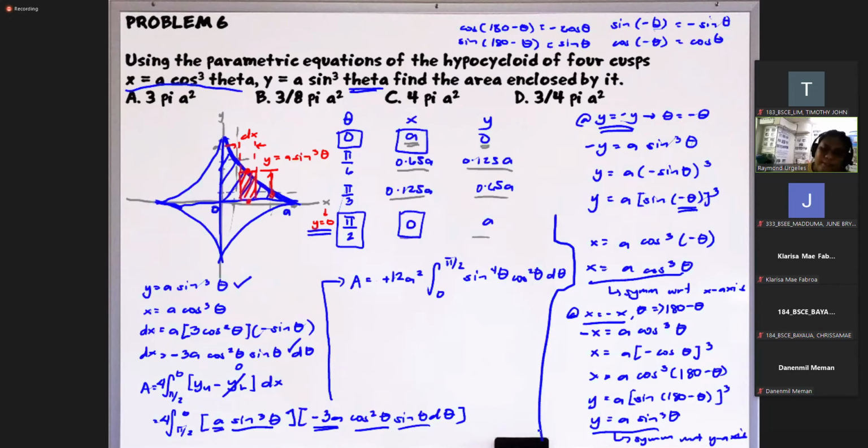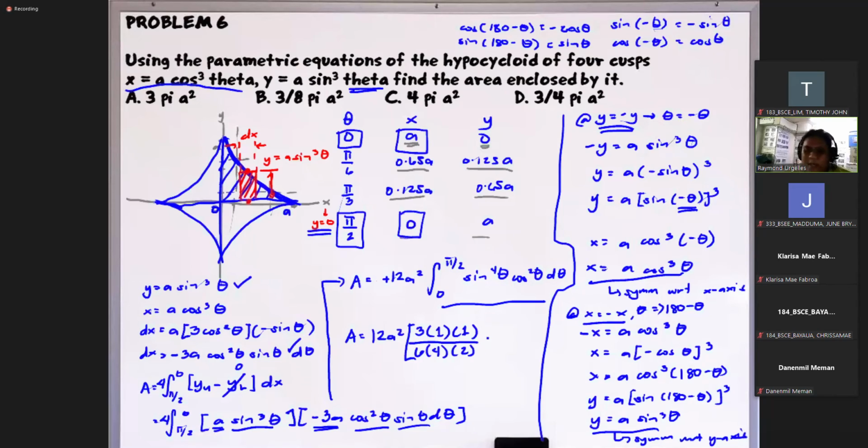Okay? Notice? So as you can see, Wallis rule, Wallis formula is applicable here. Right? So using Wallis formula here, this will be 12a squared multiplied by m minus 1. M is 4. So 4 minus 1 is 3, minus 1 is 1. So we stop here. Then we have n is 2. 2 minus 1 is 1. So that's enough. Then divided by m plus n, 4 plus 2 is 6, minus 2 is 4, minus 2 is 2. So again, once you reach 2, stop there.